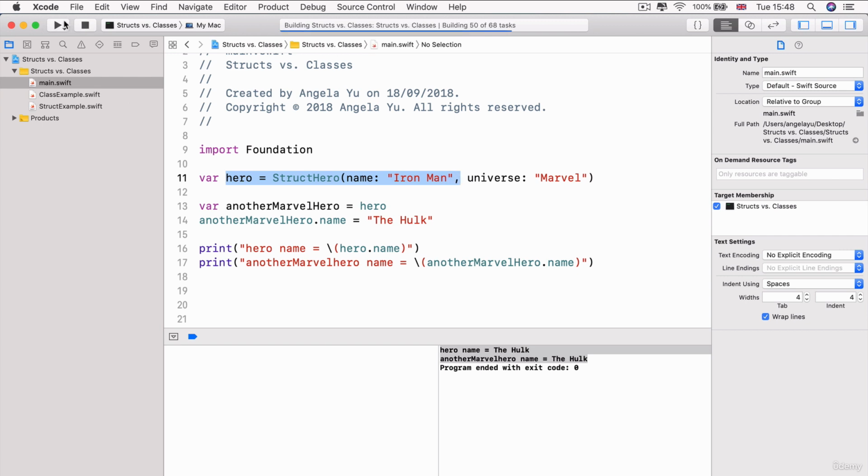So let me press play and show you what the results look like. You can see that our hero name is Iron Man, just as we intended, and our another Marvel hero name is the Hulk, just as we intended as well. And this is why structs are much simpler, which means that it's easier to create a larger app with less